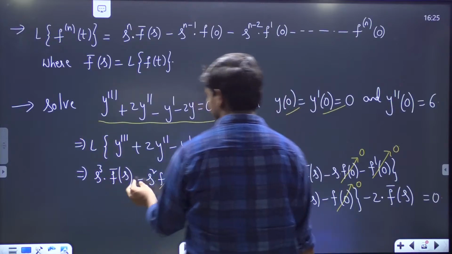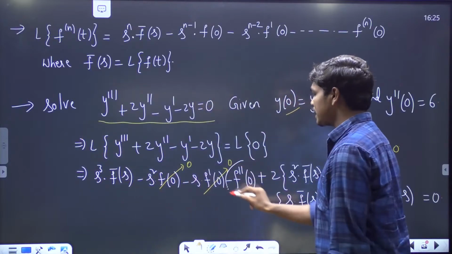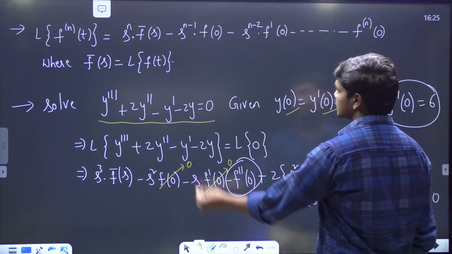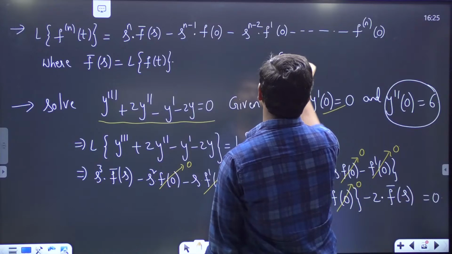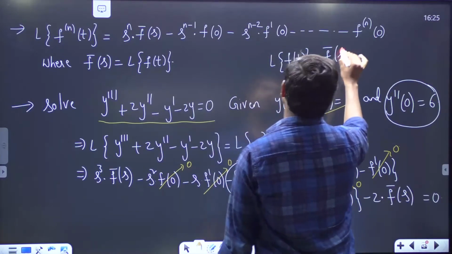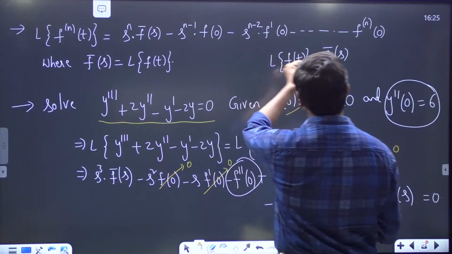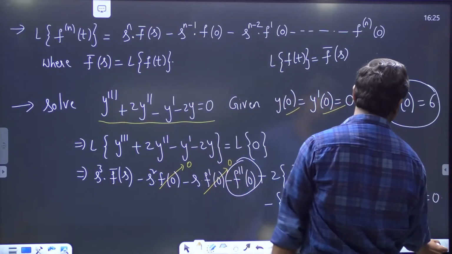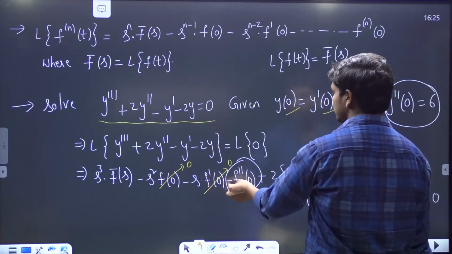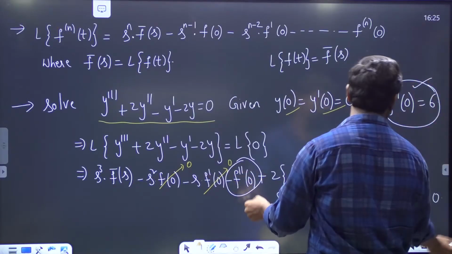S cube into f bar of s minus, again if you see, minus f double dash of 0 is here. So f double dash of 0 means basically if you are taking Laplace of f of t is equal to f bar of s, we can write Laplace of y of t is equal to y bar of s. So please don't get confused with the terminologies. So we can put s cube into f bar of s minus f double dash of 0. It's given 6. So minus